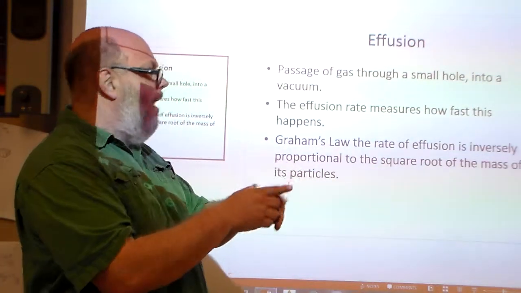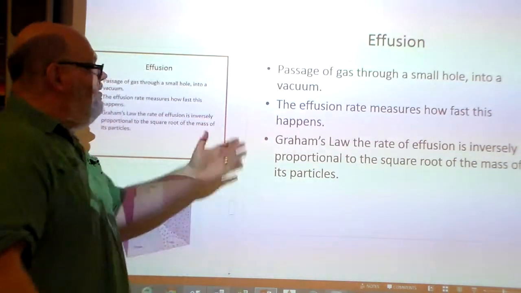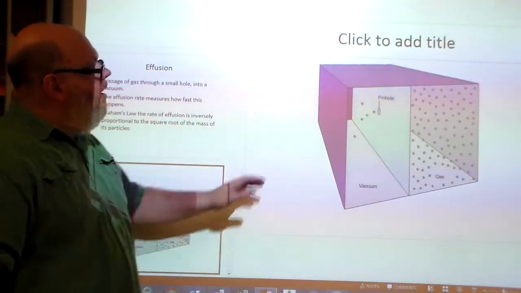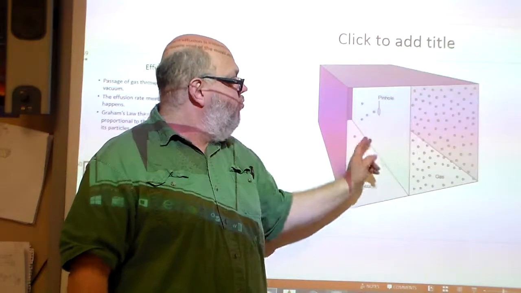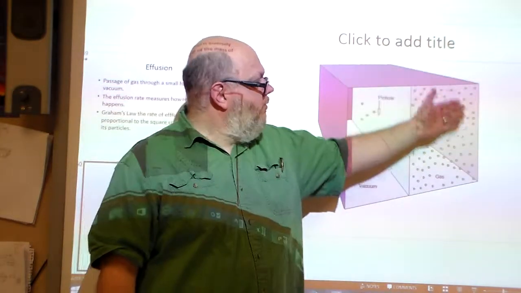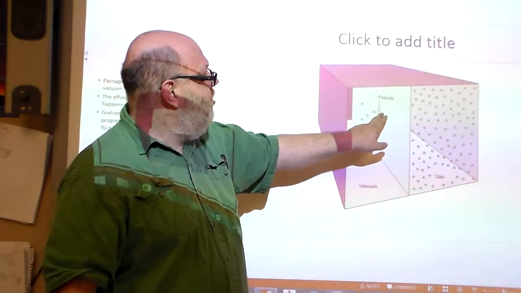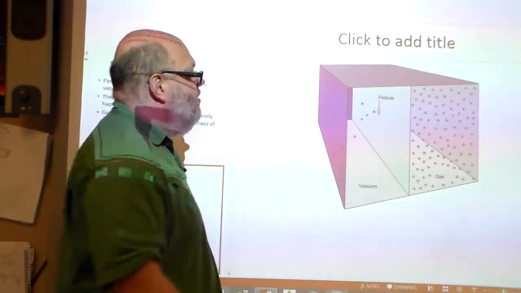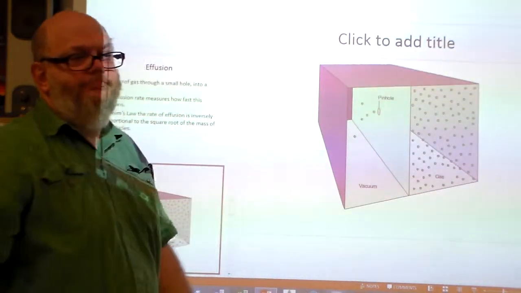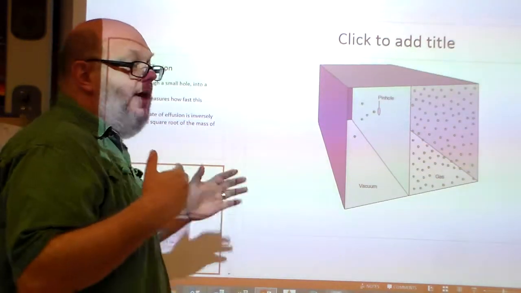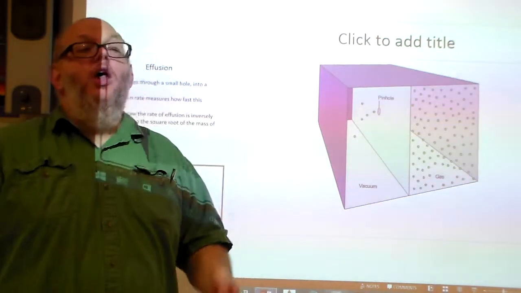That is just going to zip out a whole lot faster. So that's the idea behind diffusion. Now, here's a visual for it where you've got a container, you've got two rooms, one is under a vacuum, the other has got the gas, and you have a little pinhole in there. So the idea behind that is that these gases are going to go through the pinhole. And depending, some gases will go faster than others.